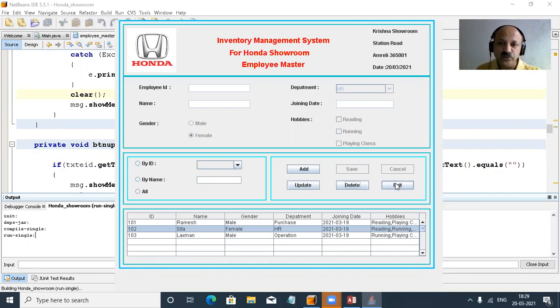So now I conclude this session because it is a very long session. In my upcoming video lecture, I will take the search operation. So any question regarding this select from grid? Here we can already select it, then update and delete. So you can write in the comment section. I will definitely give you an answer.